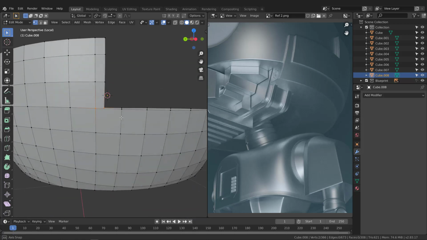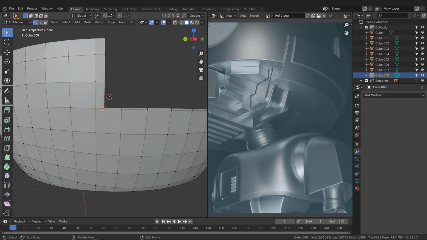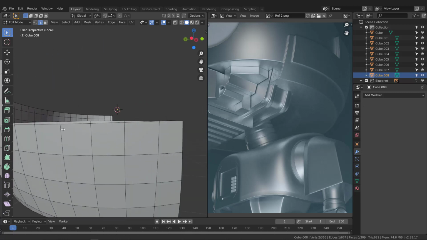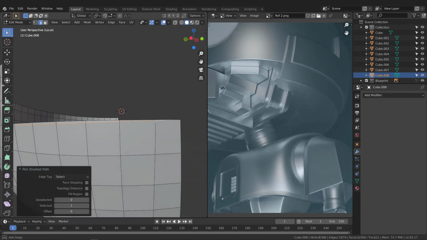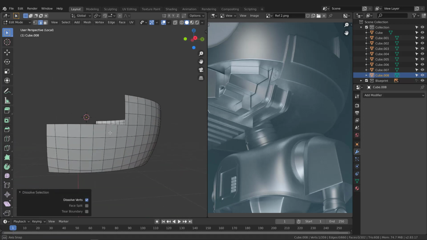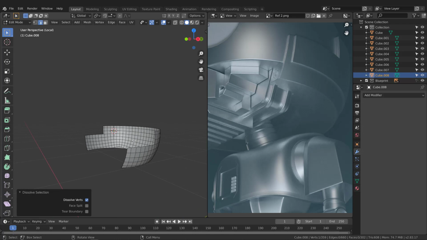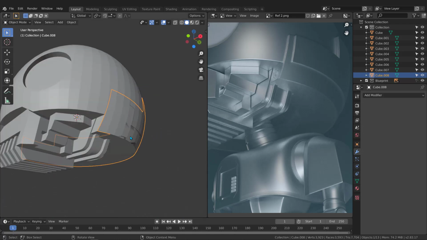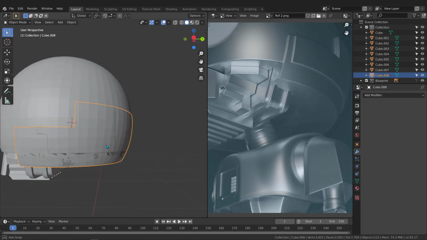Grab these two vertices, hit J to connect them, switch to edge, grab this edge, hold Control, grab this one right here, and Control X to dissolve this edge. And there we go. Now it's better. Well, tab to the object mode, and now let's exit isolation mode, hit slash, and now we got this